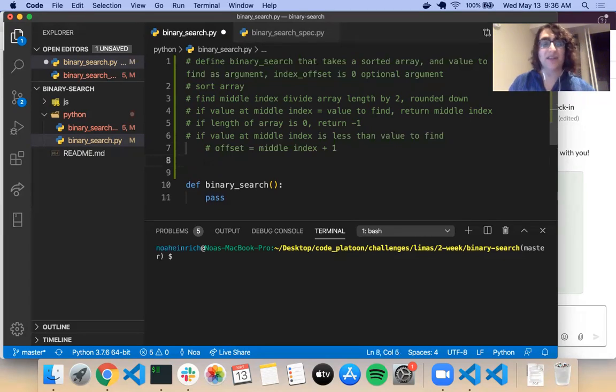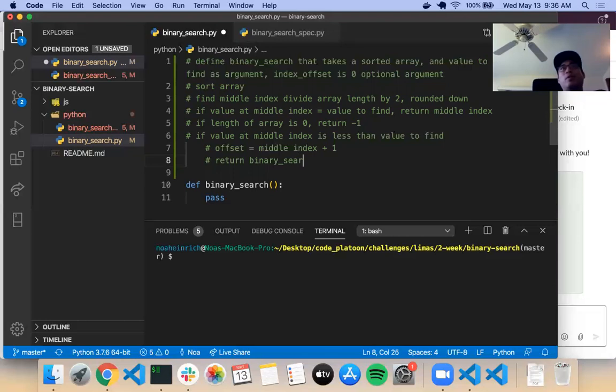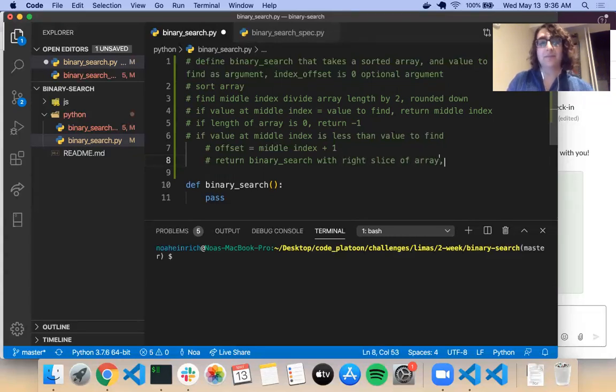All right, so we change the offset to middle index plus 1. Then what do we do? You recursively call it using the right part of the array. Binary search with the right slice of array and this new offset. All right, and if value at middle index is greater than value defined,